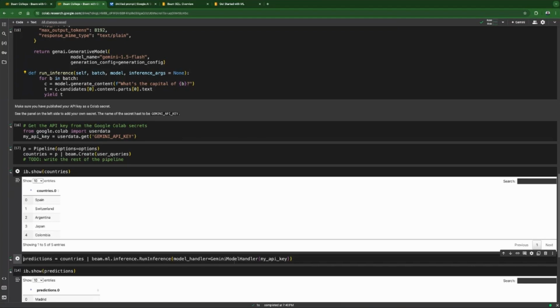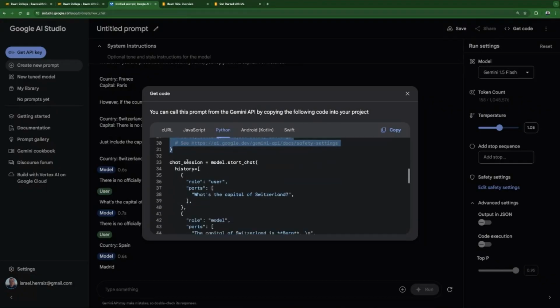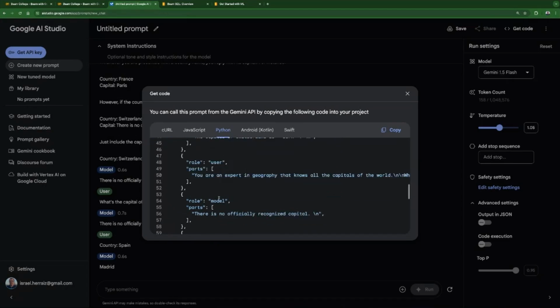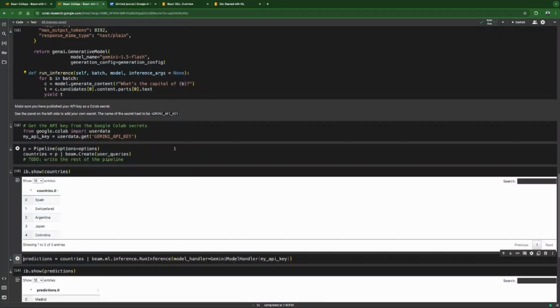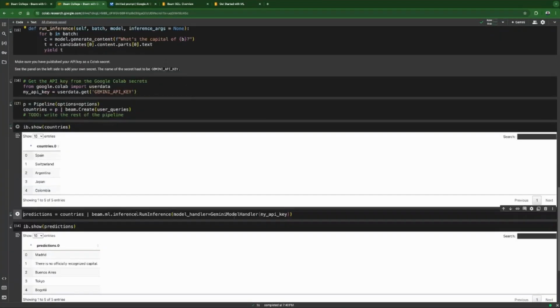If you go to Google AI Studio, you could actually do prompts that have a chat, a memory, and so on. Okay, let me show you very quickly here. So if you go here, see, you can have history. You can have, see, a lot of things. So the model remembers the conversation. But we are not doing that. And because we are not doing that, if we run this now,